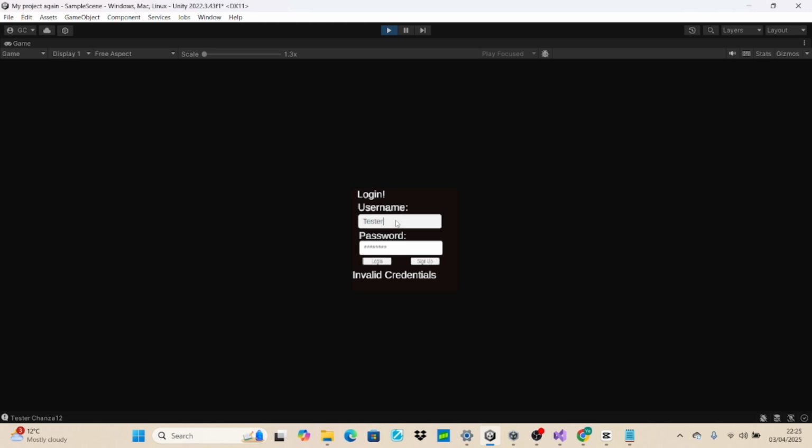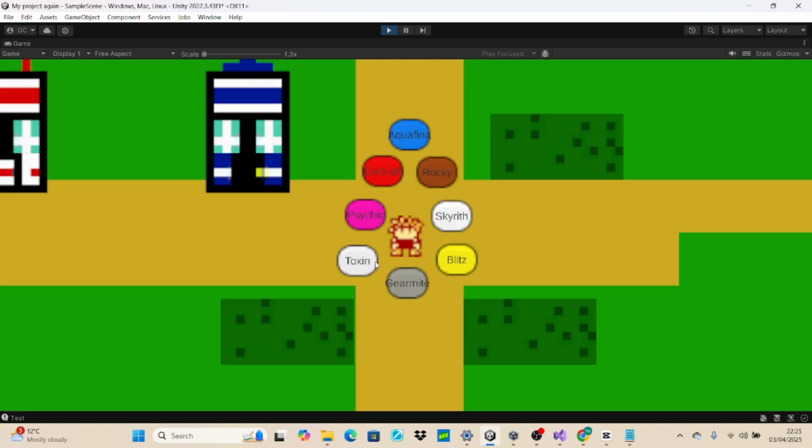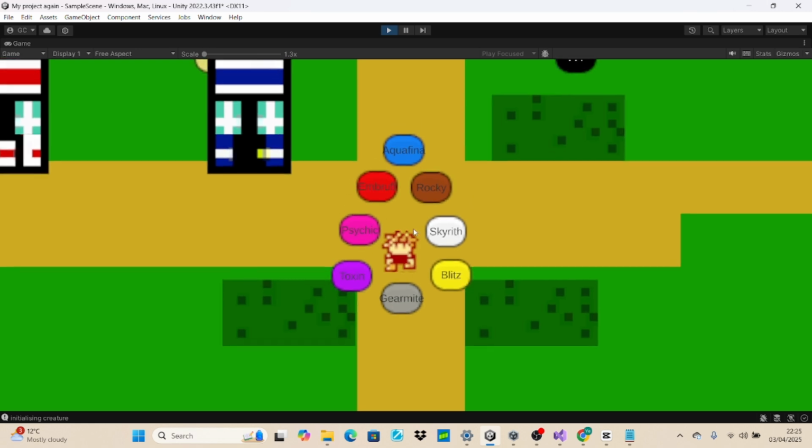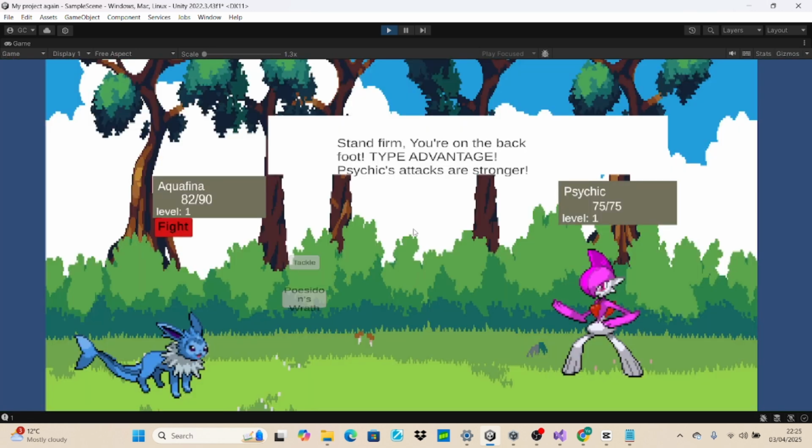Oops. There we go. So this user does not have any saved data. I haven't pressed any buttons to change the creature and give them any current data. So let's go into a battle and see what happens. As you can see, the player is given a default creature called Aquafina and their level is set to 1. So if I just operate this fight normally, as I would any other,